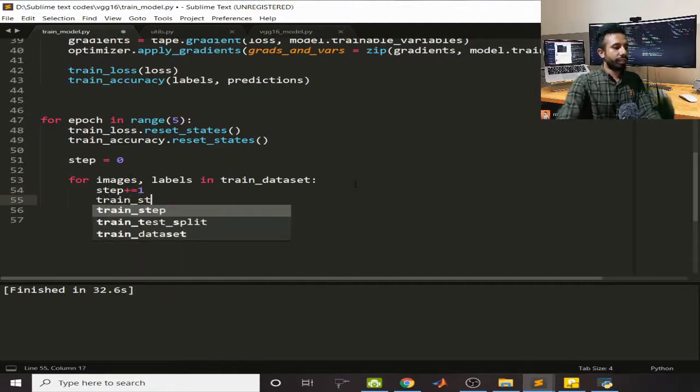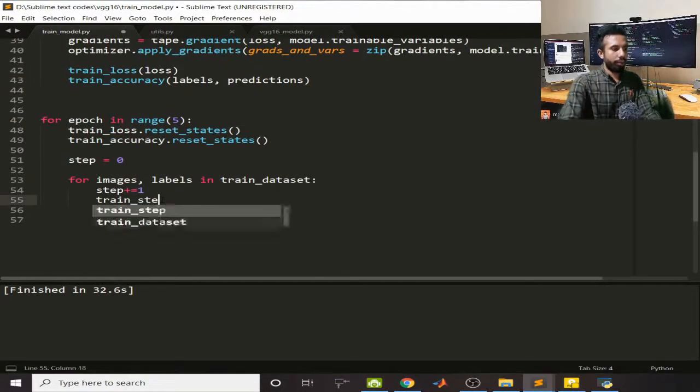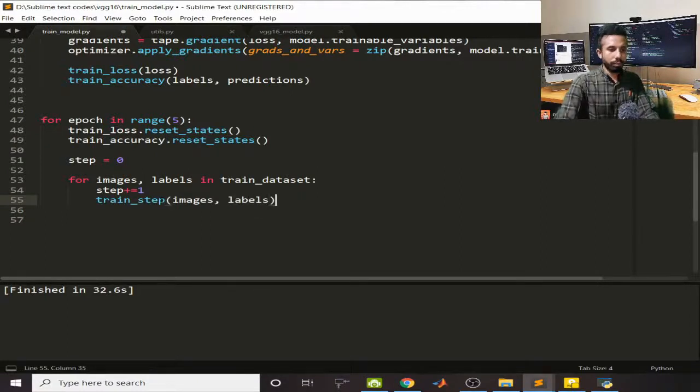Now call this function which I have defined out there, and the purpose of this add tf.function is to make this function a graph. So train step, call this, and pass in the images and pass in the labels, and if step,